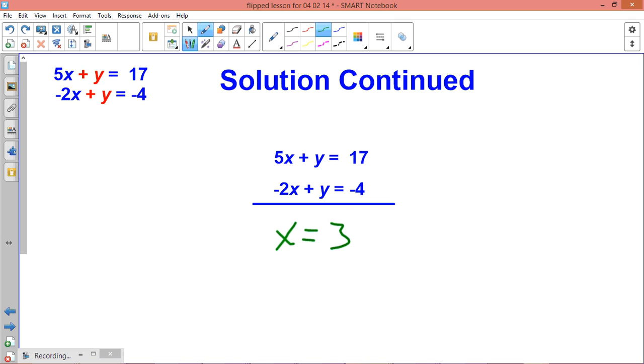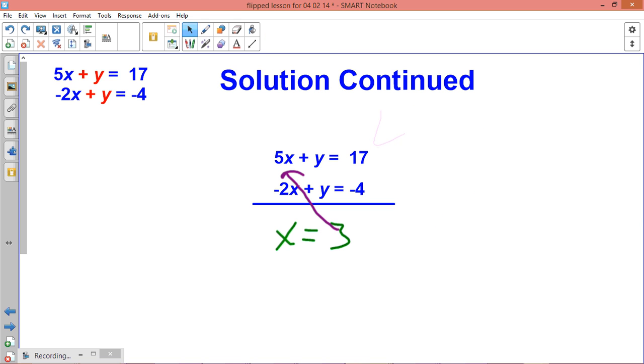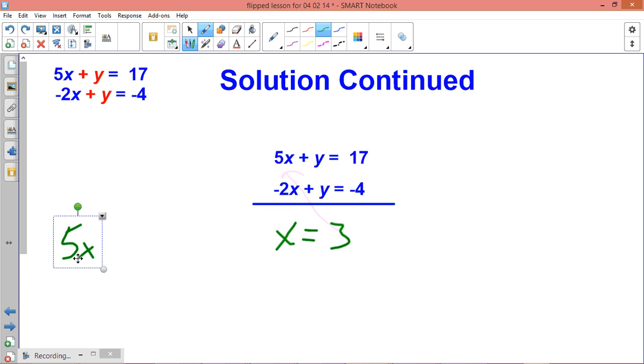So what I'm going to do is plug that into one of these equations. Which one am I going to plug it into? Well, which one looks easier? I'm going to say that this one here looks just a tiny bit easier because I avoid some negatives. So I'm going to take my x and plug it in right where x is. So I start with 5x plus y. Actually,